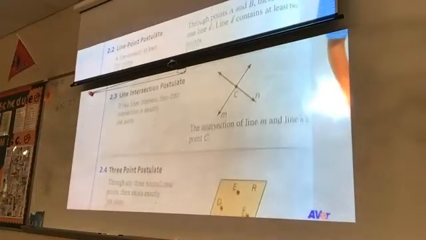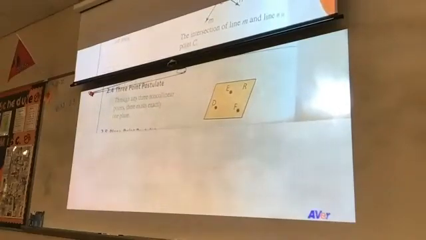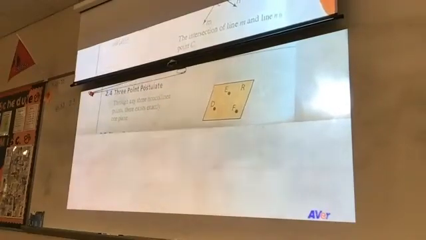Okay. And then we get into talking about planes. So the first one with our planes is the 3-point postulate. And this says through any 3 non-collinear points, there exists exactly 1 plane. This is the reason, guys, this is the reason why we can name a plane with 3 points, but those 3 points cannot be collinear. Okay, this is the reason for that. So